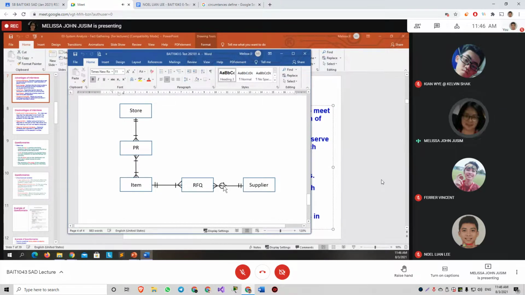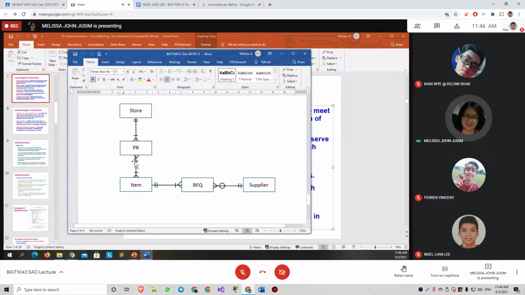Okay, and notice that I think Noel and Kelvin, both of you resolved the many-to-many relationship. So what I will say is that here you put the associative entity, which is the bridge entity. Okay, I will see whether the two one-to-many relationships are correct.